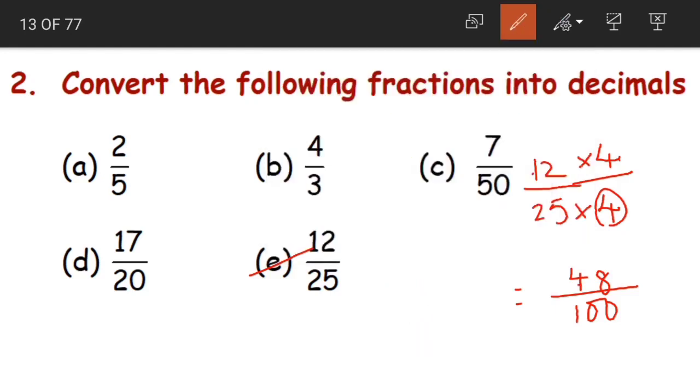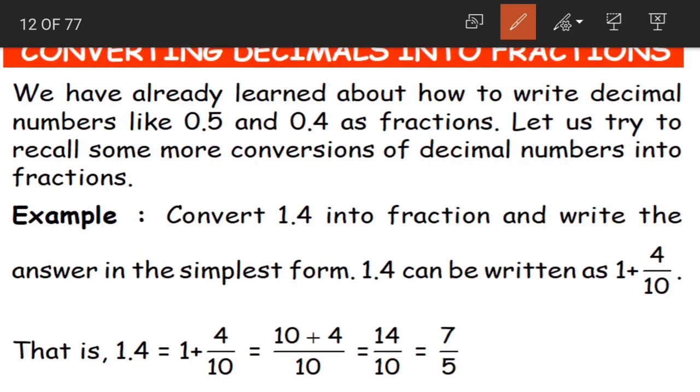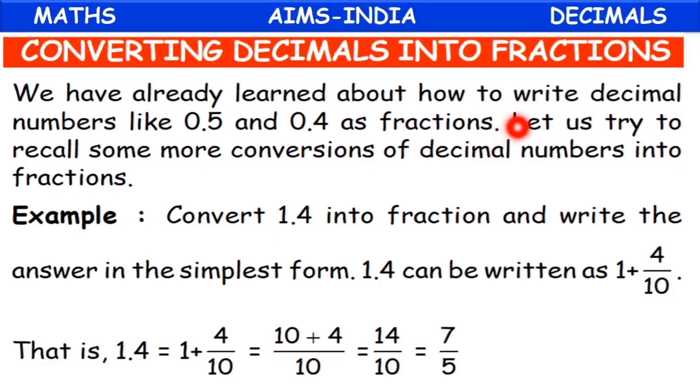So we can convert it into a decimal, right? Again, the numerator has only 2 digits where the denominator has 3 digits. So we are placing 0 to the left of the number, that is before the number. Now where will we place the decimal point? Here there are 2 zeros. So after 2 digits from the right, we'll place a decimal point. Understood, children? So 12 by 25 is nothing but 0.48.